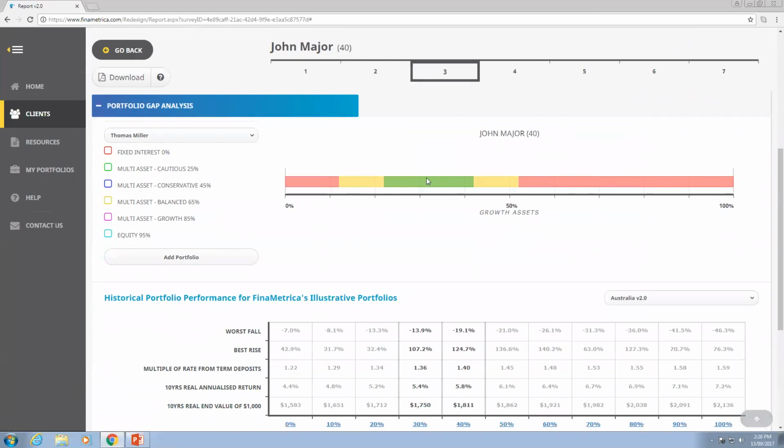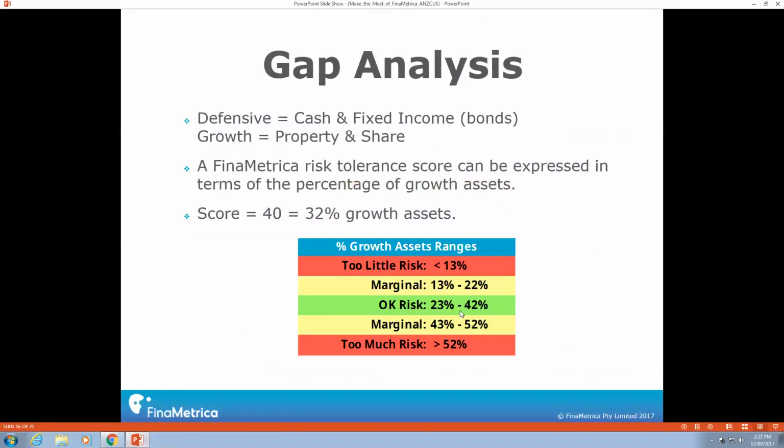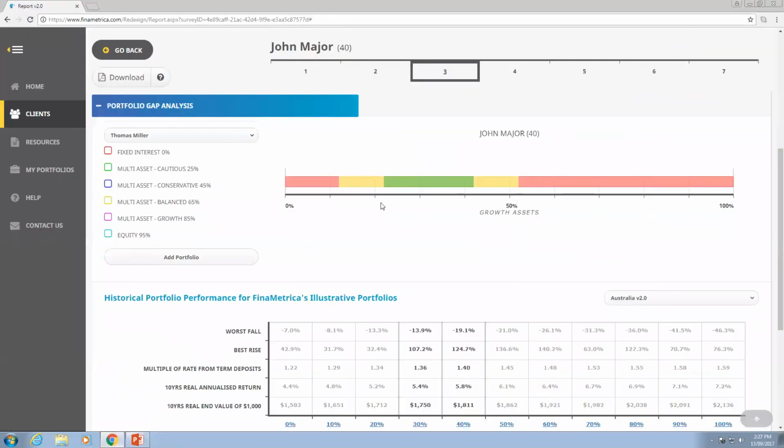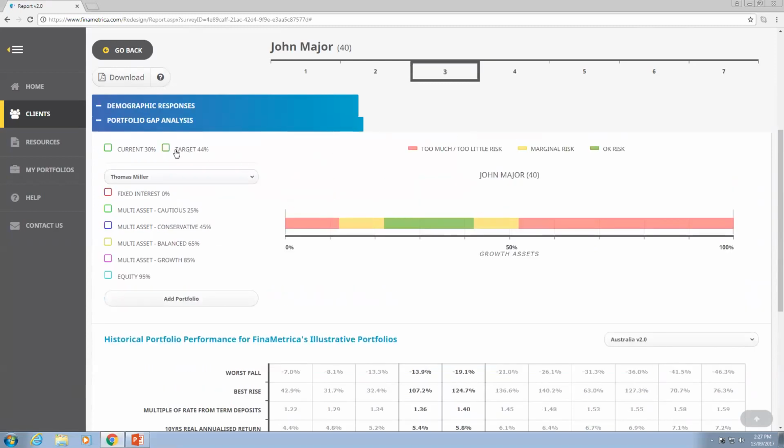So as we said earlier, John would be comfortable between, as we can see on the slide here, 23 to 42% growth assets. So this is shown in the green zone. And he would be discomforted should it exceed 52% growth asset. So let's assume that John is considering an investment that is 60% growth assets, because your modeling software has shown that this investment is going to meet John's retirement goals, taking into account his risk capacity and time horizon. So if I just add in a target of 60% growth asset,